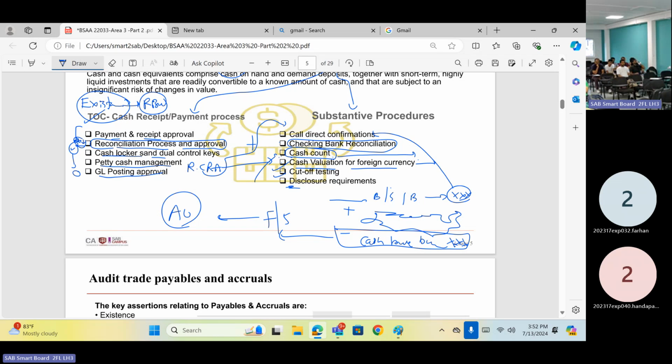So if it is a savings account, it's cash. Demand deposit, cash. Treasury bill less than 3 months, cash. Commercial papers less than 3 months, repo, those are cash. Those can be identified as cash. Less than 3 months means, let's say we have a fixed deposit. Fixed deposit 1 million. 1 million fixed deposit getting matured